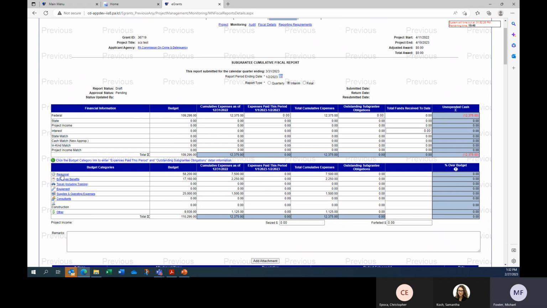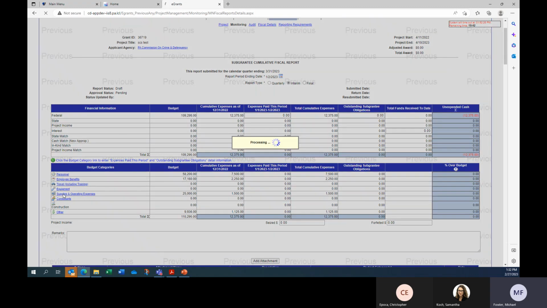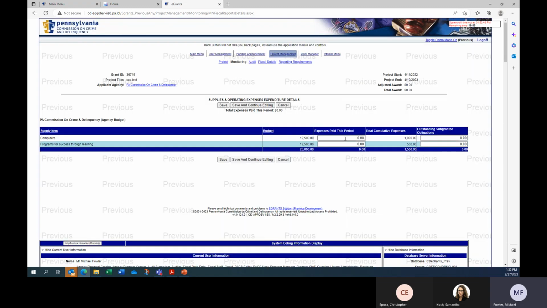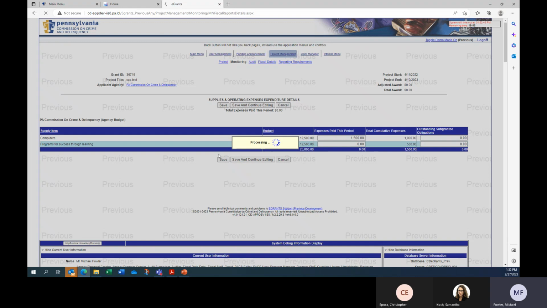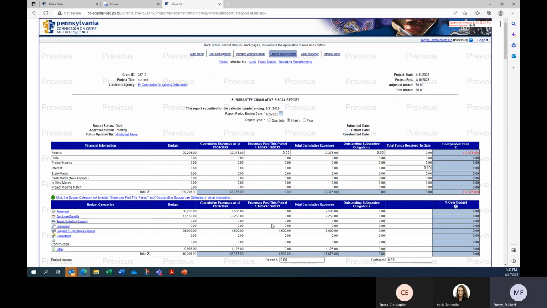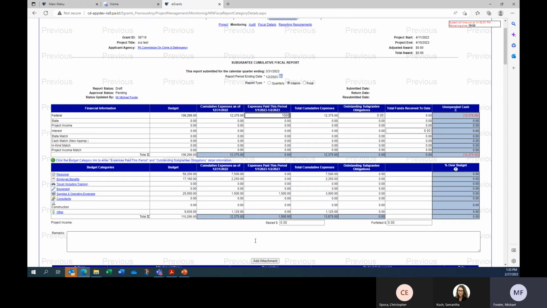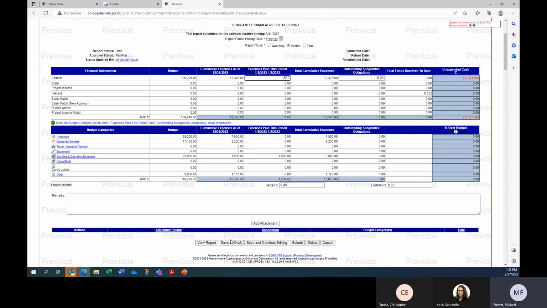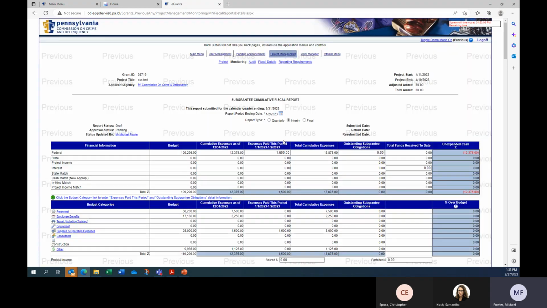And let's say you had some supplies that you forgot to enter, you could put $1,000, another, let's say $1,500. We're going to save that. And again, now we've got $1,500. We have to put that we're going to be drawing down or submitting for drawdown, that one. And so I just want to save and continue to make sure that it took.